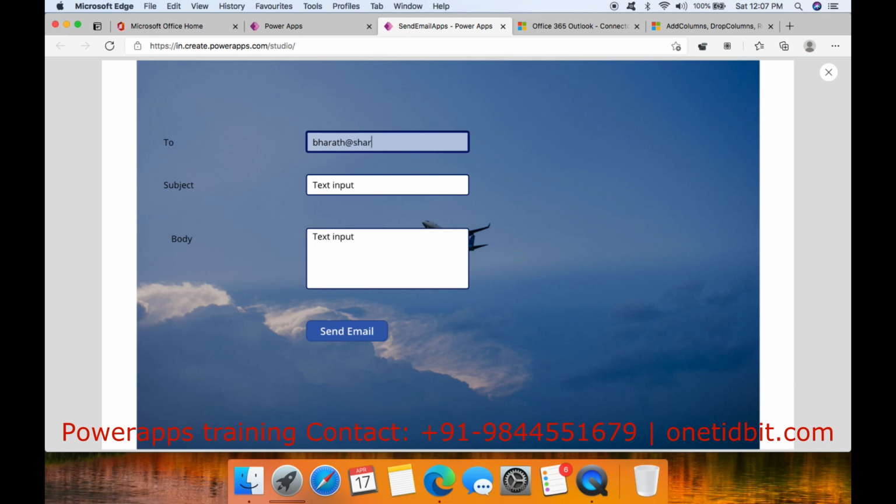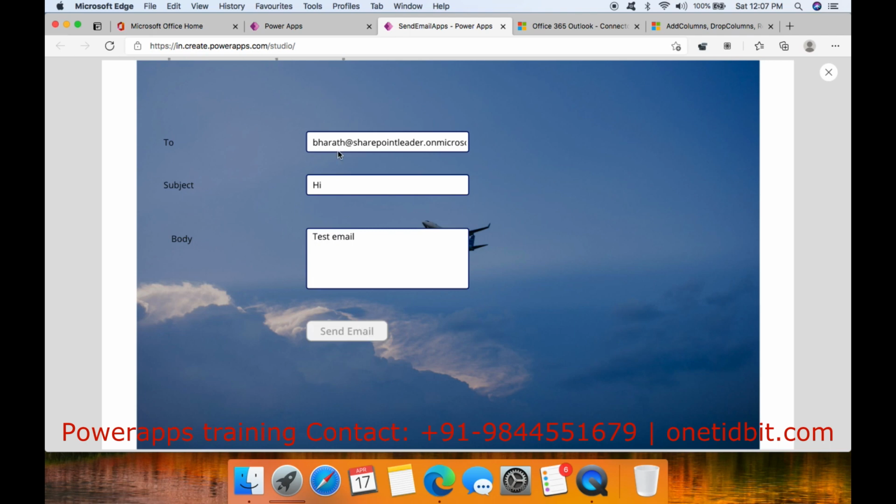Bharat@SharePointLeader.onmicrosoft.com, subject Hi, and body will be like Test email. Let me click send email and see whether the email will go or not.